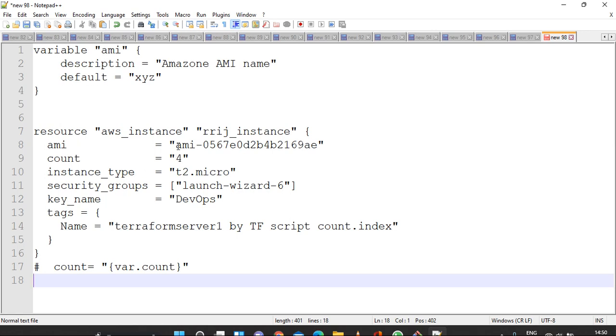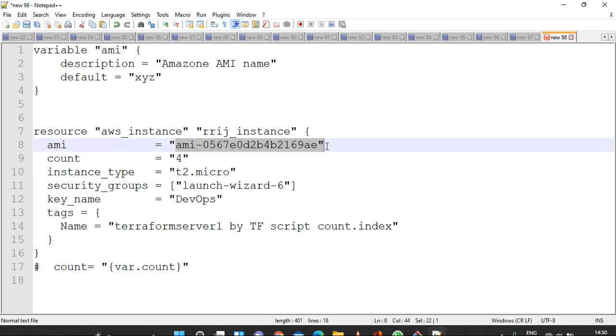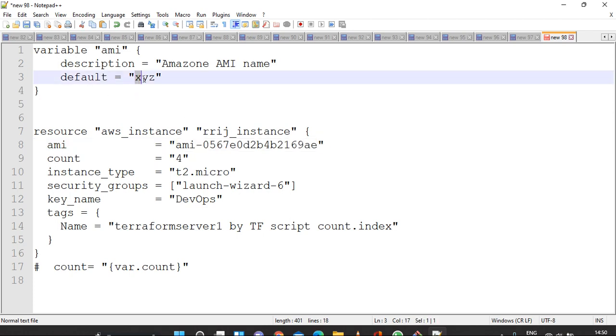You can see here in the resource we have put the value directly, but we are not going to put the value directly. Instead of that we will put a variable.